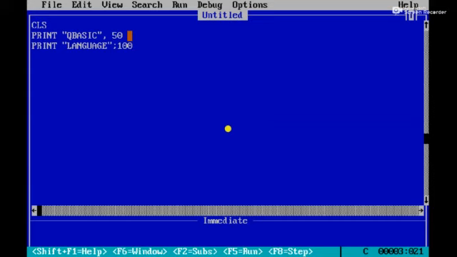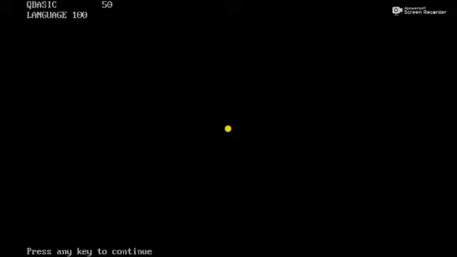If you are using a semicolon in the print statement, only one space will be given between the message and numbers. If you are using a comma, what will happen? The tab space will appear between the message and number. Let me check. See here, student. QBasic, then tab space and 50. Here language, then space 100.